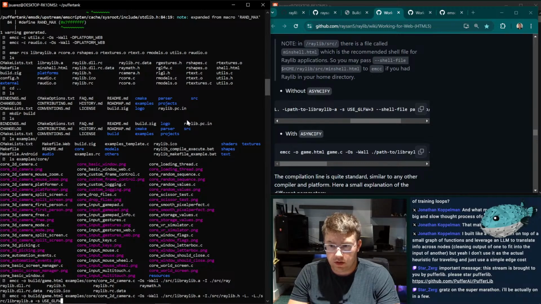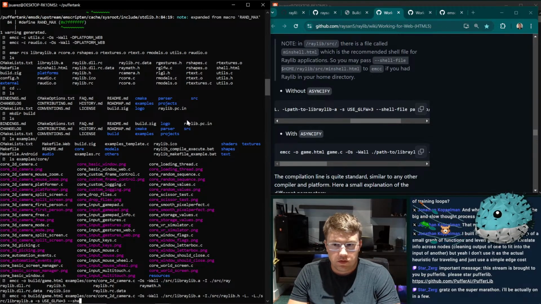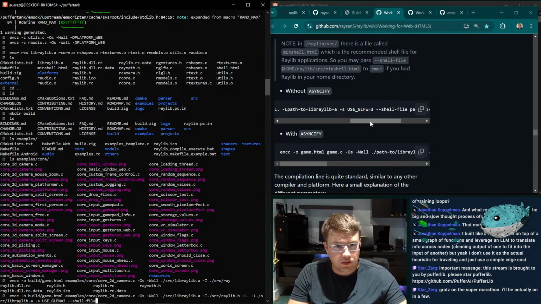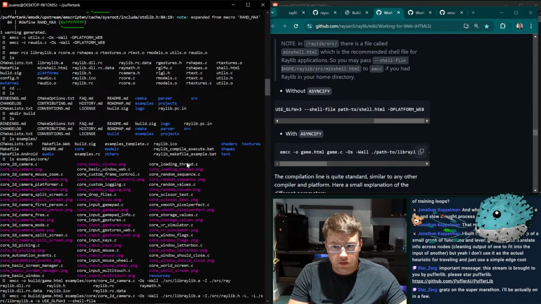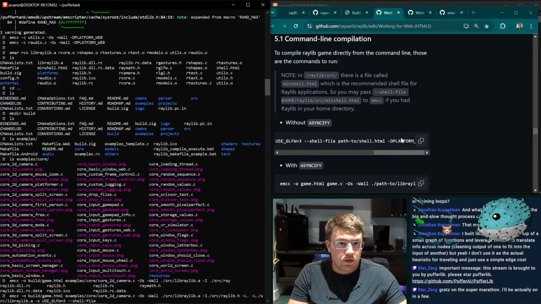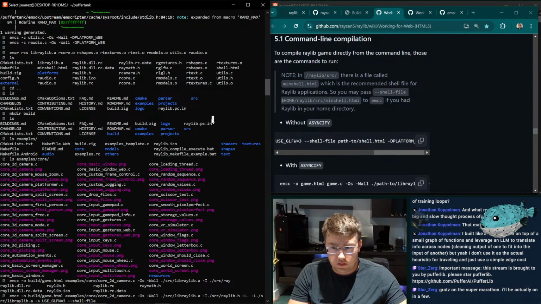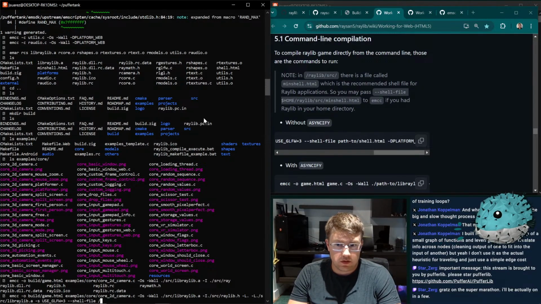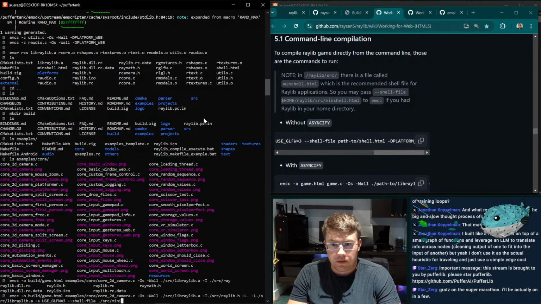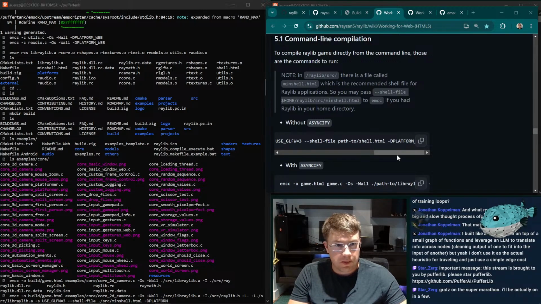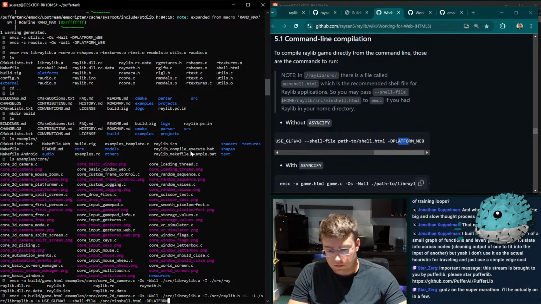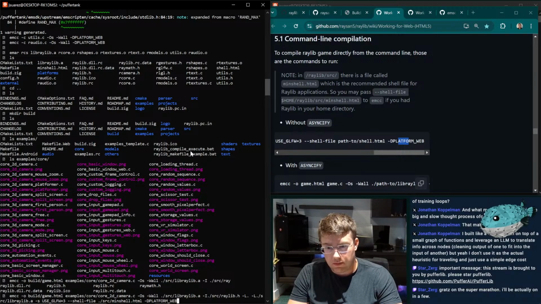GLFW equals 3. Shell file. And this one they say is in source mini. Okay. Platform. Web.